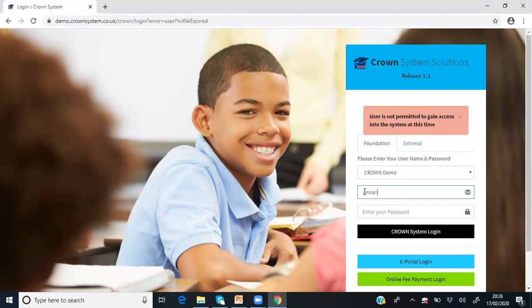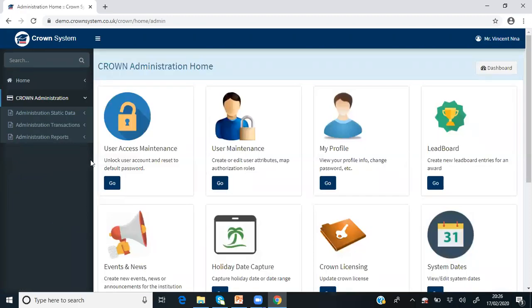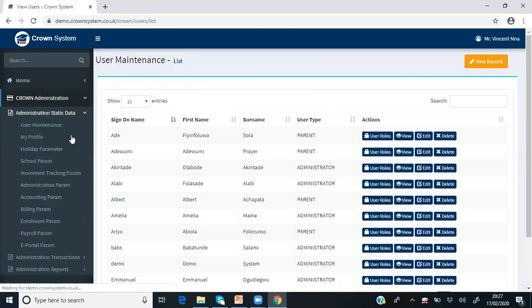So I log into the system. Now, if I want to do that, I'll still go to administration. This is my own username and password now. Go to administration, static data, user maintenance. Then I click on update. Now I want to edit one of the users that have already been created in the system. So I search this user